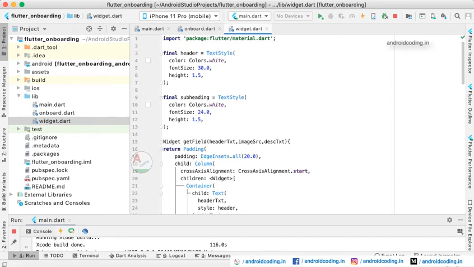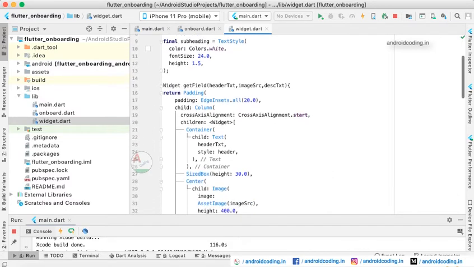In this particular application there is only one screen as of now, as this is a tutorial, but in real time when you are making large enterprise applications, it's better to separate the widgets so that they can be reused several times. For example, if you are using an image view, you use this image view throughout your application in different screens.